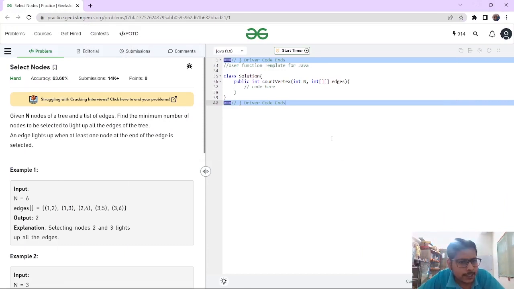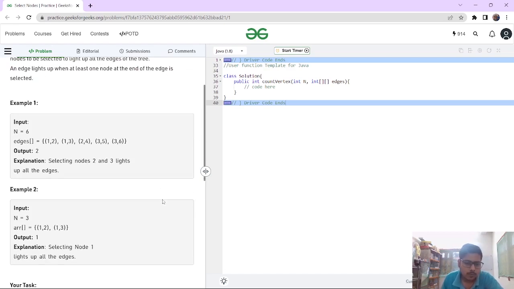Given n nodes of a tree and a list of edges, find the minimum number of nodes to be selected to light up all the edges of the tree. An edge is lit up when one node at the end of the edge is selected. Okay, so